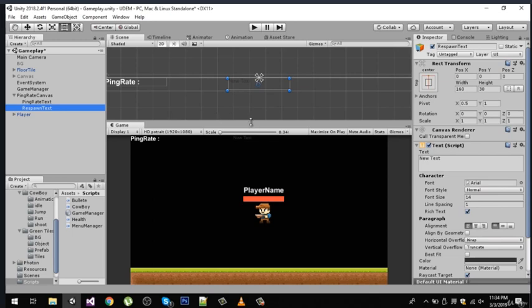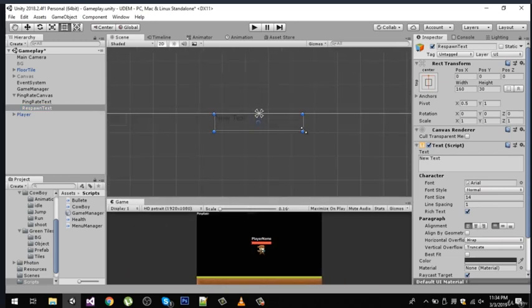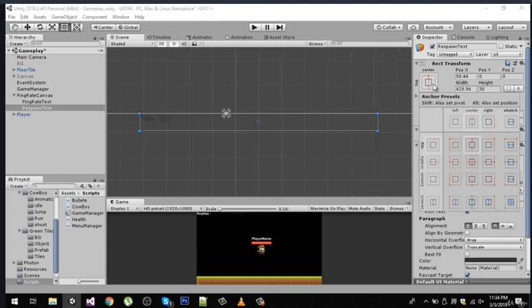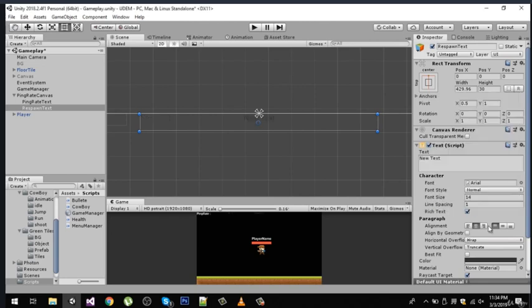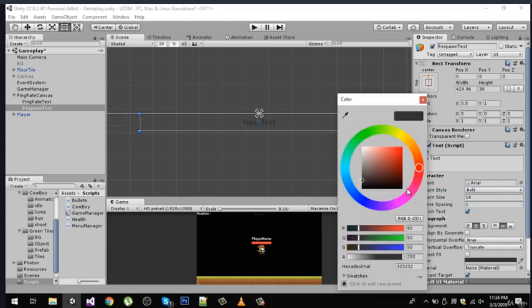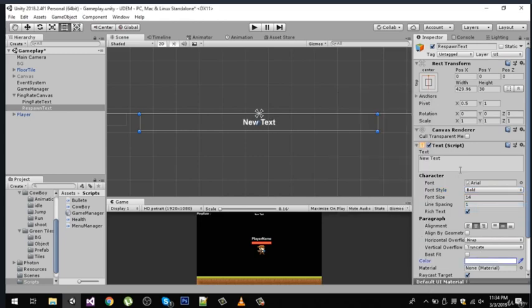Let's focus it in the scene view and change the scale. After changing the scale, align it again and put everything in the center, make it bold and set the text color to white. This will actually say respawn in,